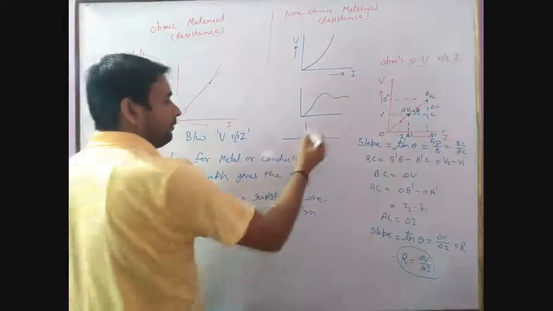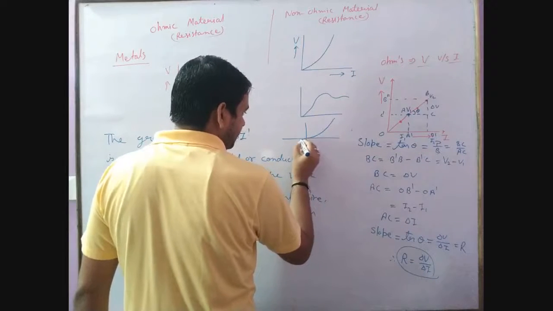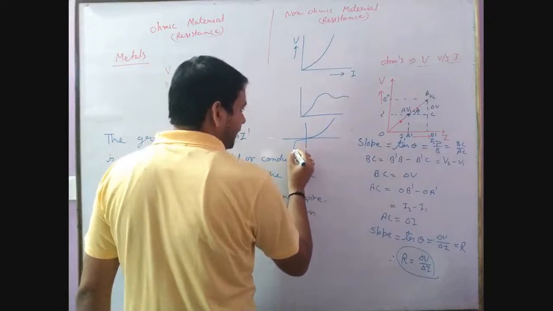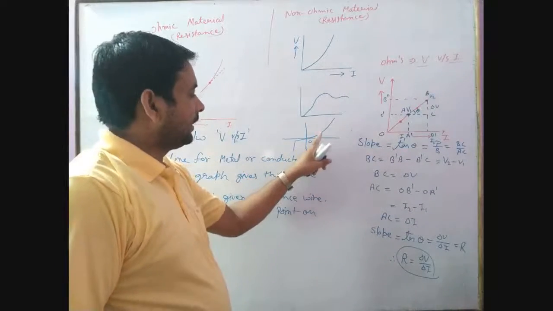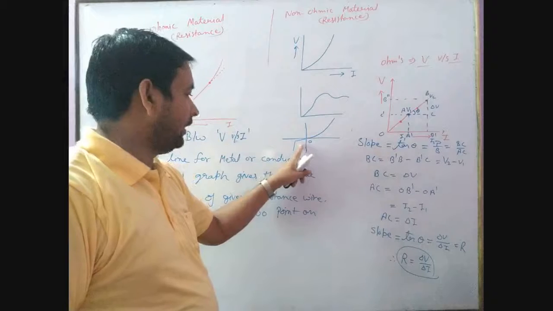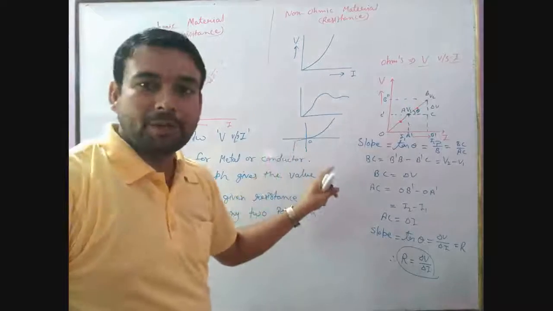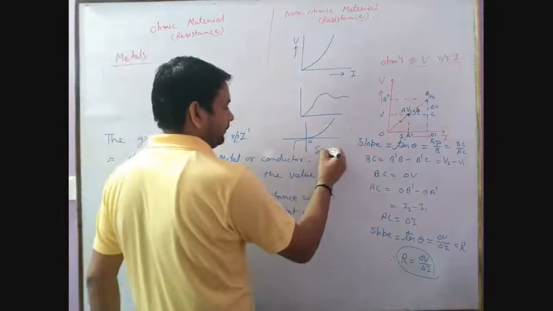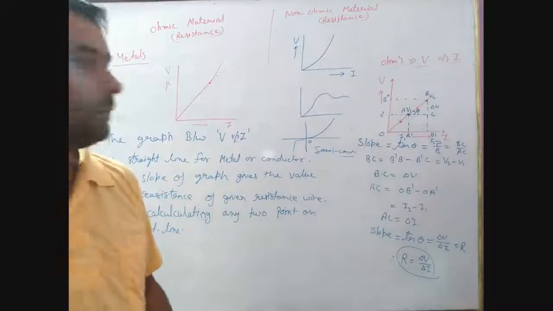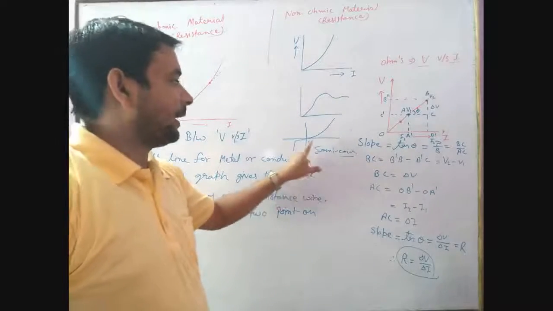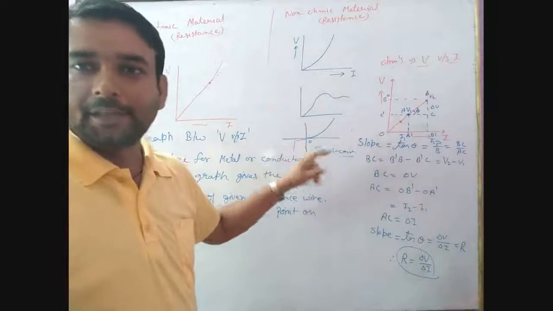When we draw this graph for the diode, we observe this type of graph, and it is observed that at room temperature, this is for the semiconductor, the graph behaves like a non-conductor, which means as an insulator, but as temperature increases,